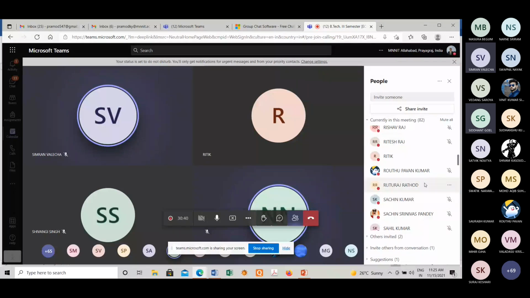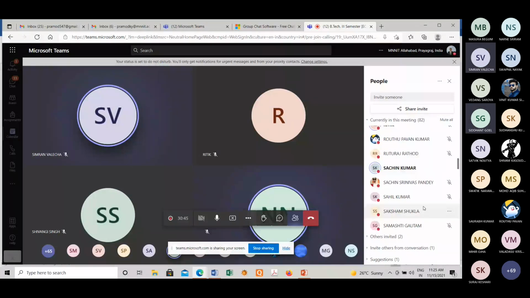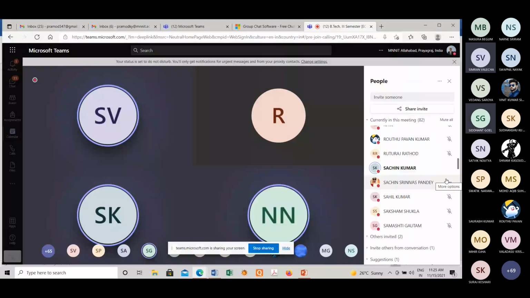Sachin Kumar, have you got the solution? Yes, sir. The roots will become m is equal to minus 3, minus 4, sir. Then we will put in the equation y is equal to C1 e to the power minus 3x plus C2 e to the power minus 4x. Okay, so it's a very simple question I have given. C1 e to the power minus 3x plus C2 e to the power minus 4x.